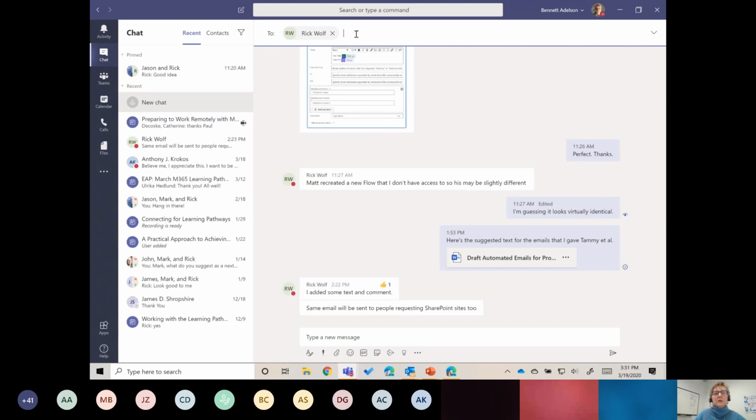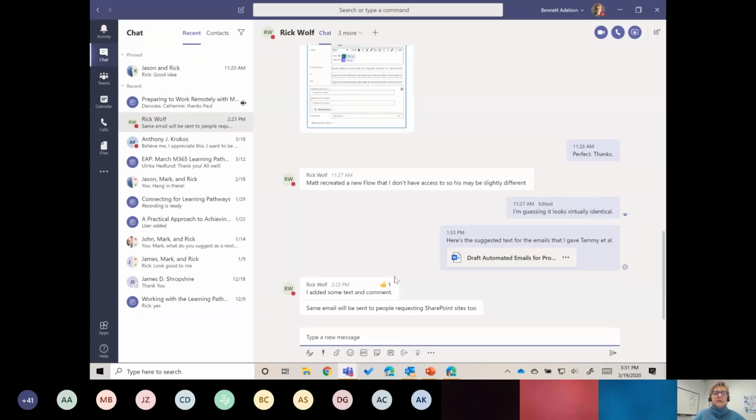Now, if Rick's the only person I want to talk to, I just hit enter here, and it takes me right back into this ongoing chat with Rick. Down at the bottom is where I can start typing my new message. While I talk about persistence, it is true, just like in Skype, the chats are private. Only the people engaged in the chat see this content. But of course, if you're sharing your desktop during a meeting or whatever, you might inadvertently share chat content. So that's something to keep in mind.